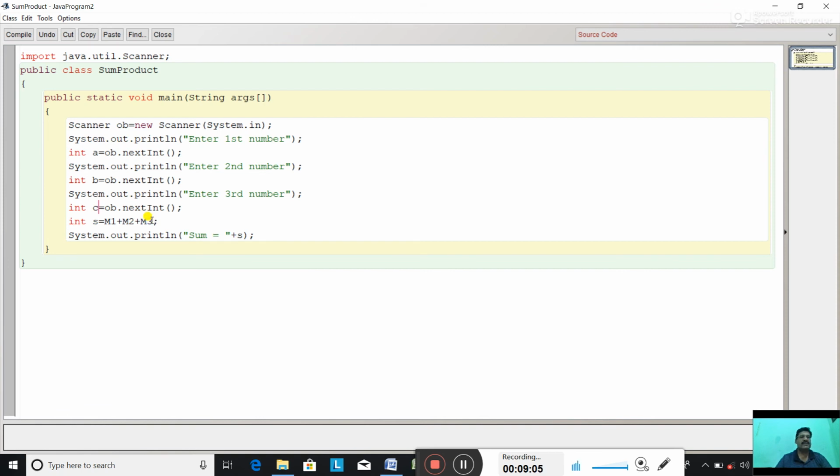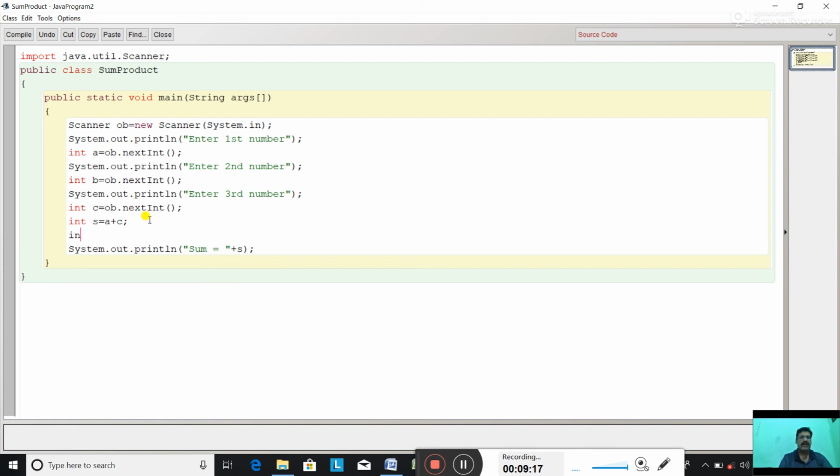Now what is the question asking? To find the sum of A and C, int s equal to a plus c, and to find the product of A and B, int p for product equal to a asterisk b.